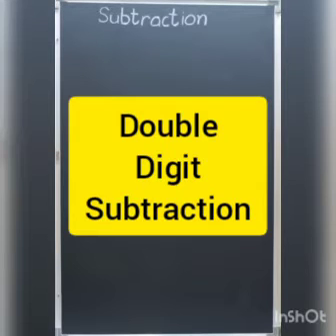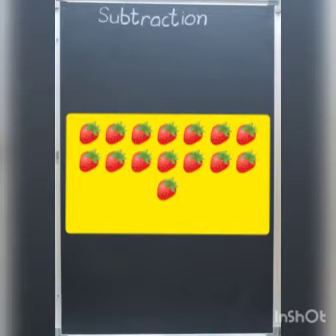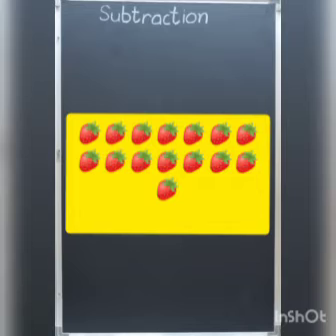Suppose you have a lot of strawberries with you, and when you counted them, you found you had 35 strawberries. That's a lot of strawberries. Then suddenly your friend came to your home. Both of you wanted to eat strawberries because both were hungry and strawberries were super yummy. So you and your friend ate 20 strawberries. That's right. After eating 20 strawberries, you want to find out how many strawberries are left with you.